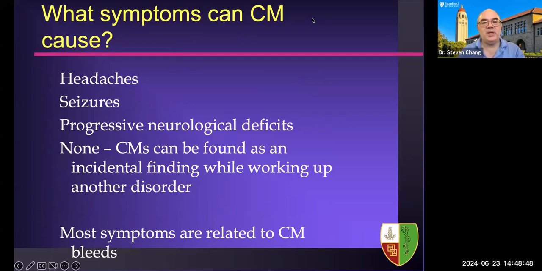So what symptoms do cavernous malformations cause? As we talked about, a large number of cavernous malformations are completely asymptomatic. These are quiet structures in the brain, often very small, and don't really cause symptoms. So a lot of people are walking around with cavernous malformations in their brain, and they don't necessarily know about it. If the cavernous malformation starts causing symptoms, it usually means that there was a prior hemorrhage or bleed from